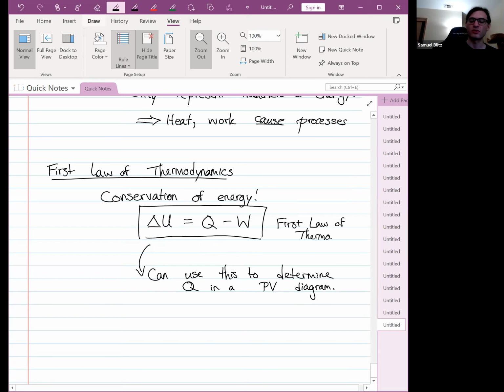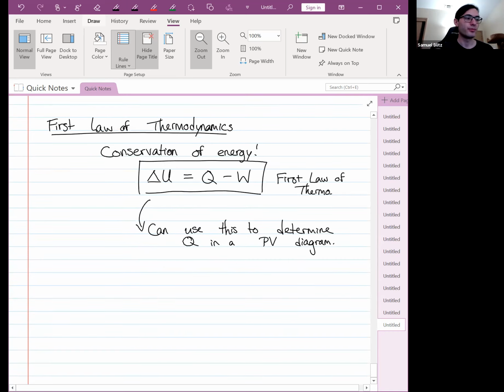So if you have a process, you can find the work by finding the area. You can find the change in thermal energy by finding the change in temperature and then relating that to the change in thermal energy by the equipartition theorem. Then you can just add the work and the change in thermal energy to find the heat added. So as a quick example,